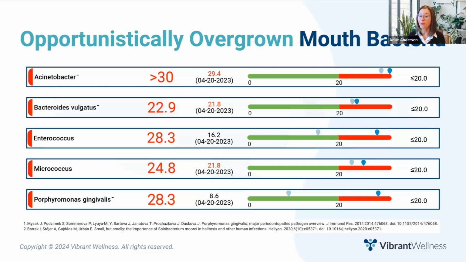This includes Porphyromonas gingivalis, a gram-negative oral anaerobe that is involved in the pathogenesis of periodontitis and is a member of more than 500 bacterial species that live in the oral cavity, including Acinetobacter, Bacteroides fragilis, Bacteroides frugatus, Enterococcus haemophilus, Micrococcus, Streptococcus, and Peptostreptococcus.